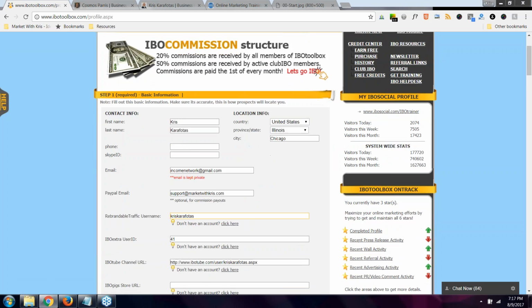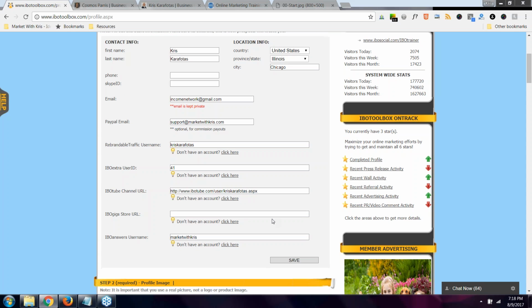Okay, so there's really just 3 basic required steps that you need to do to complete your profile, steps 1 through 3. But after we go through all 9 steps, you're going to see why it's so important to complete all those steps. Remember that your profile is your public storefront, so everything that you do is going to get pushed out on your profile, and that's where others are going to go and learn more about you. So step 1 is your contact information, your name, your geographic location. If you want your phone number on there or your Skype ID, you definitely want to add that in there.